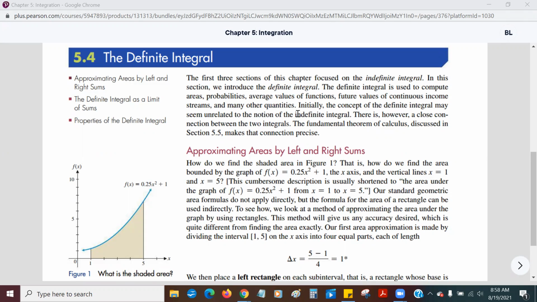So if you look here on the left, you see a curve. This is actually a parabola. And we want to find the area underneath the parabola, above the axis. I want to find that area. And there's no formula for that, not that I know of. But calculus says, hey, we're going to find the area anyway. What we're going to do is break this up into